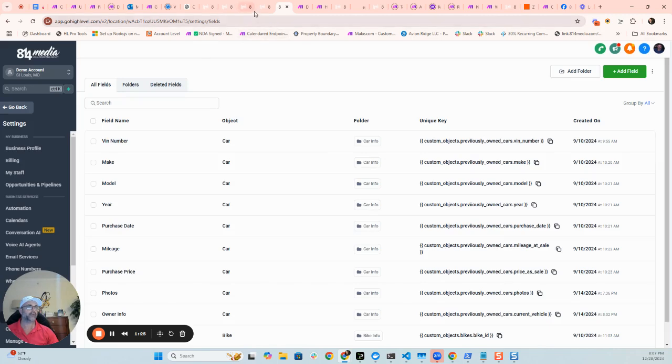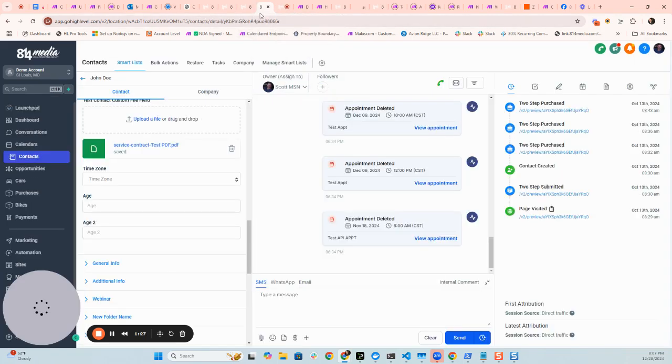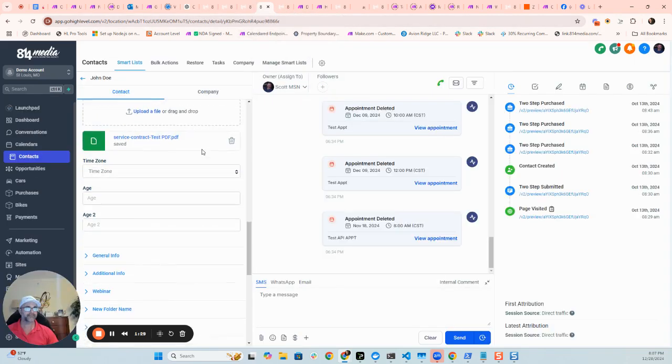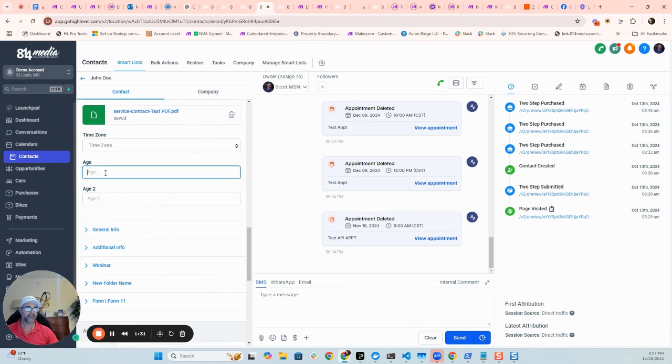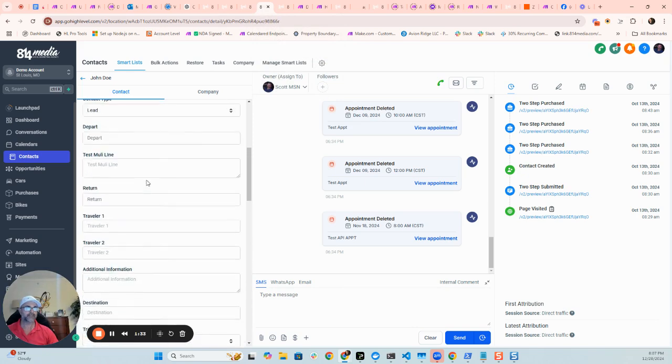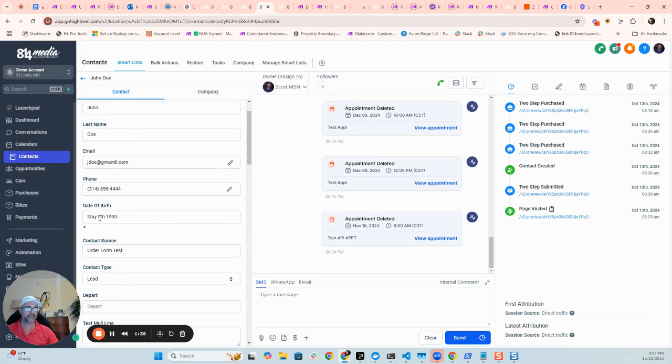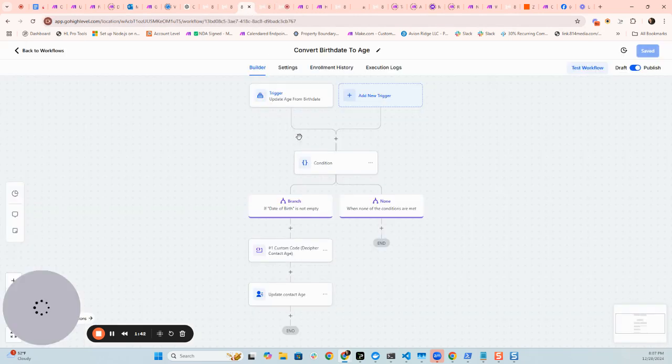So that you'll now have, when we go back into, let's see, here's a sample contact. You can see we have an age field here. So that's what we're looking to update based off of this birthday field that we have here of May 5th, 1990 as an example. We jump back into the workflow, and you'll see that we have a trigger set up